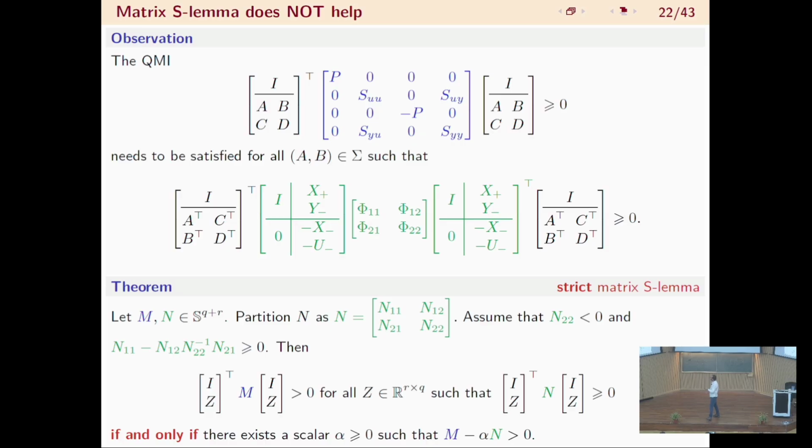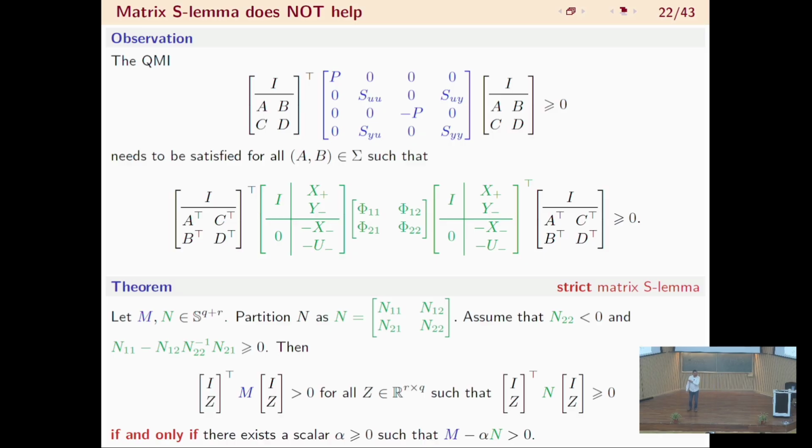If there is a possibility to write a quadratic matrix inequality in this form in terms of Z transpose as another quadratic matrix inequality, then I would change one of them and then apply the matrix S lemma. Right? So the first point is there is this mismatch of the unknowns here. And the second point is